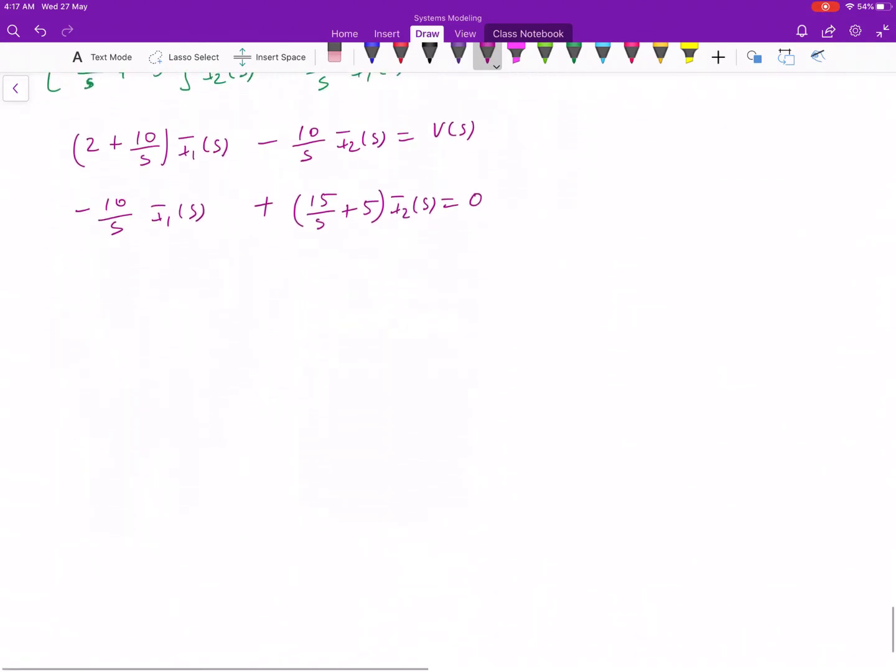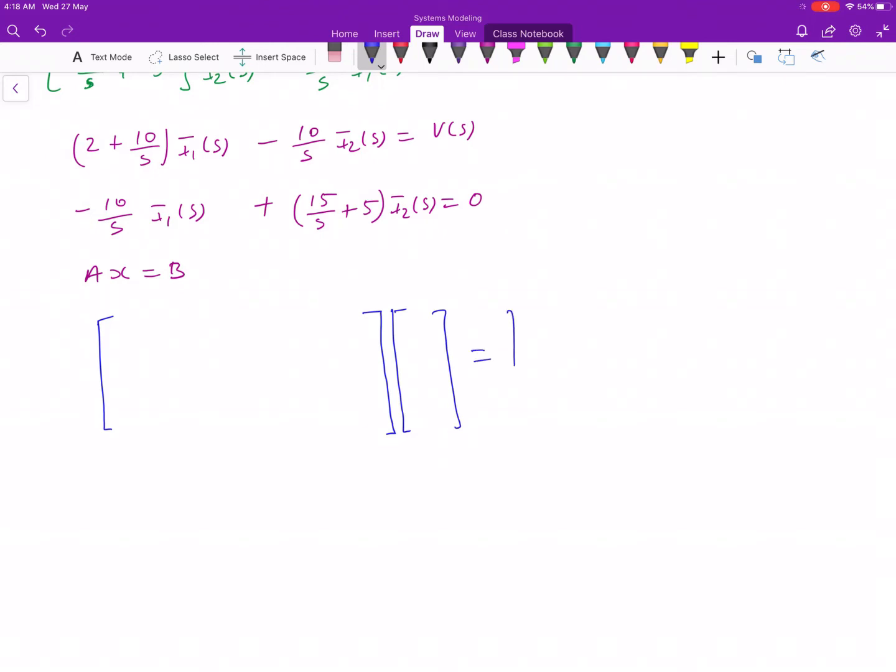That's the format that we want, so that we can apply our Cramer's rule on this equation. And we say that we want to put it into the matrix format, and I'm going to open up our A matrix brackets times something is equal to something. In these columns we know we are going to put in something that is common, which is I1 and I2, because it's multiplied by all of them,